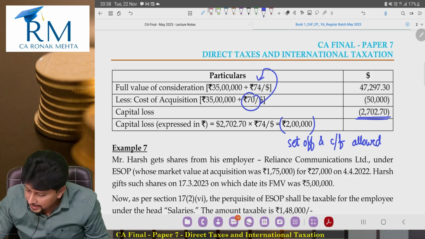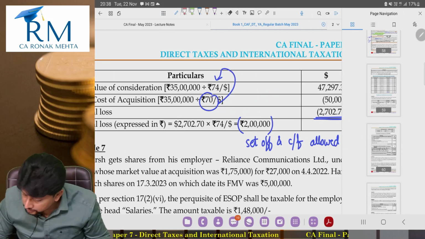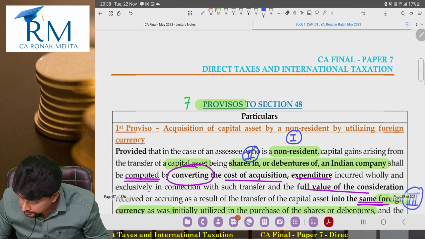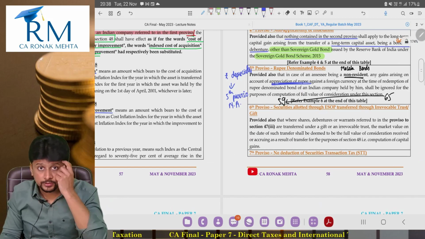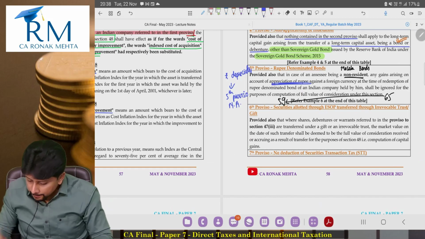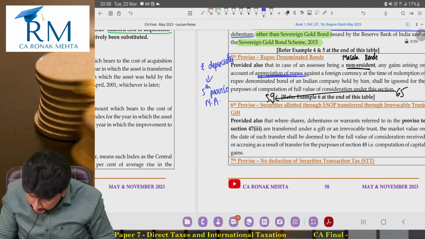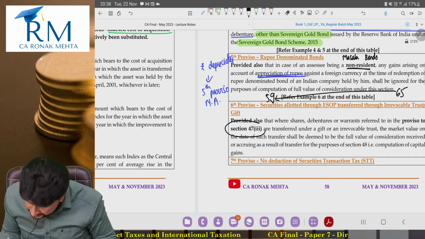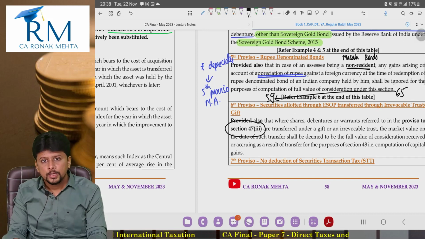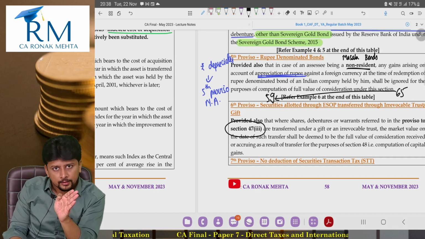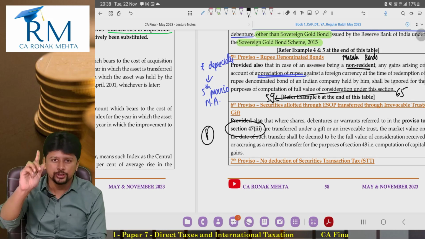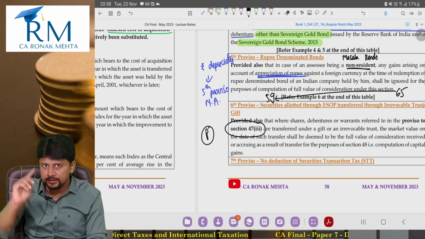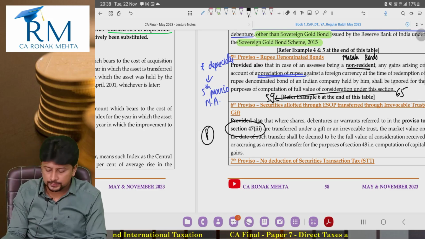Okay, last two provisos remaining. Sixth proviso is something that we will do tomorrow, because sixth proviso is connected to 47.3. So once we study 47.3, we will come to sixth proviso also. I am just keeping it pending for one lecture. Tomorrow's lecture, in our third lecture, we will see what this is.